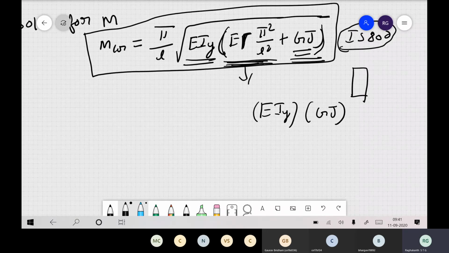So this is a thumb rule, very easy to remember when somebody asks you a question in an interview. The product of these two will give me the critical bending moment for lateral torsion buckling. Just a thumb rule kind of a thing you can use. This is a classical problem we have solved. The critical bending moment for constant moment you can find out from this equation.